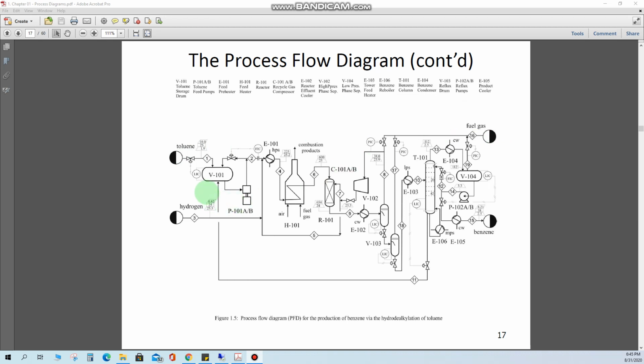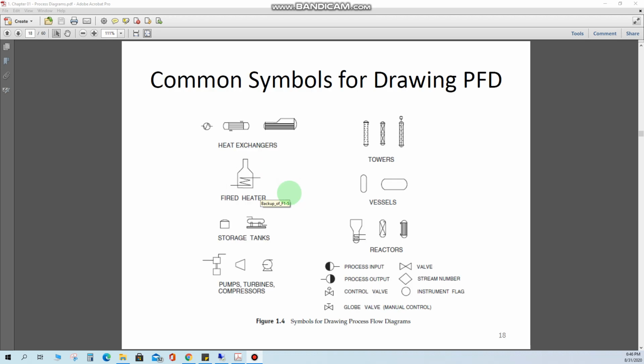The similar case applies to the units placed on this flow sheet. For example, we have the vessel here, which has the code V101. Then we have this kind of pump, which has a different code. The same goes for the fired heater, absorber, and the other columns. So how can we designate the names of these units? We have to see different rules now. Okay, so let's see those rules.